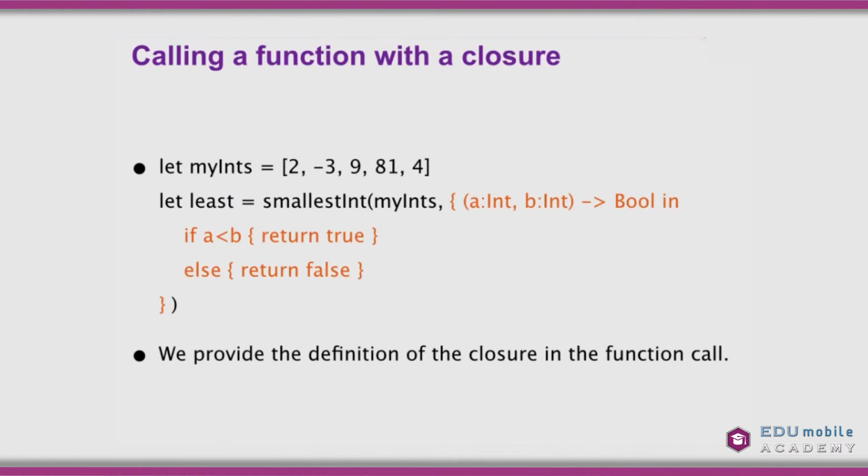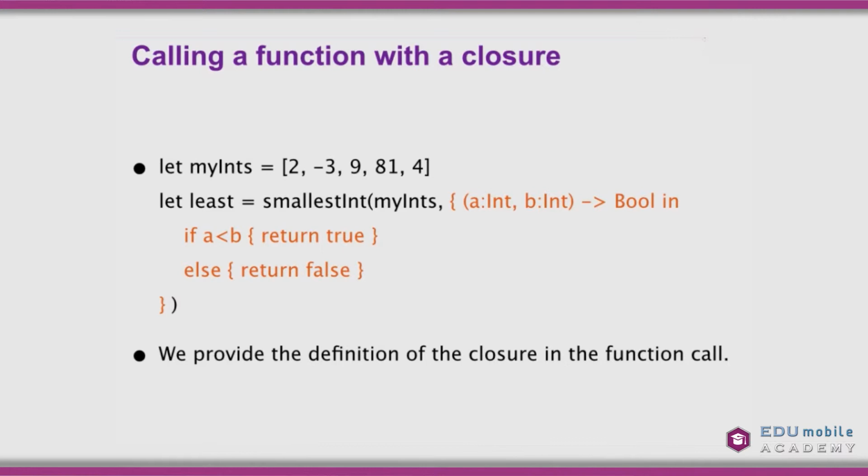Now, let's call the function. We have let myInts equals 2, negative 3, 9, 81, and 4. Let least equal smallestInt of myInts. And now we have to supply the definition of the closure. So what is the closure? A Int, B Int. A is an integer, B is an integer, returning a Boolean in, here's that keyword in